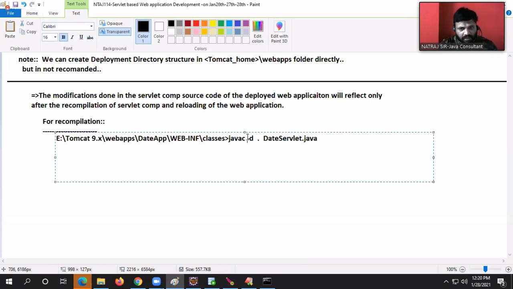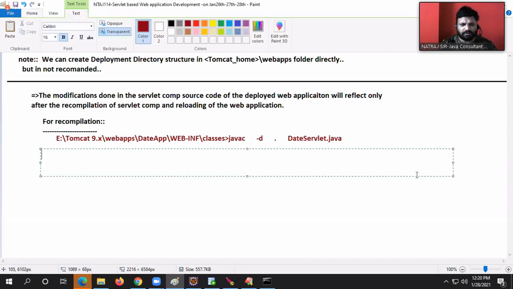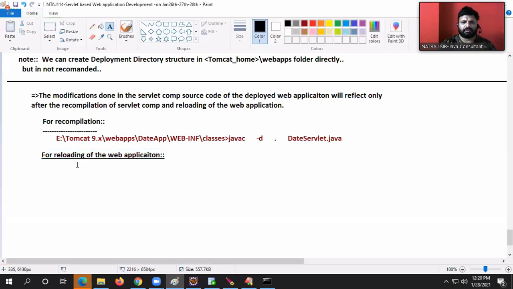This is for recompilation of the servlet. The next one is for reloading of the web application.